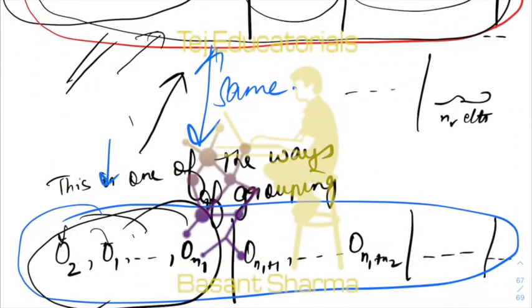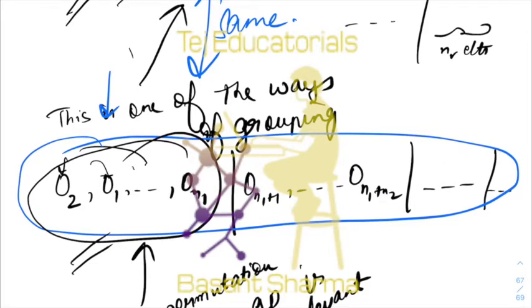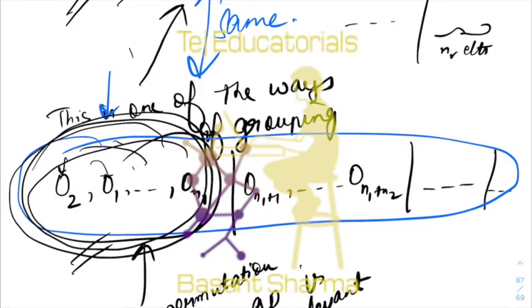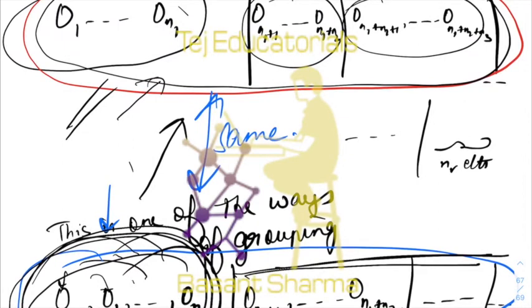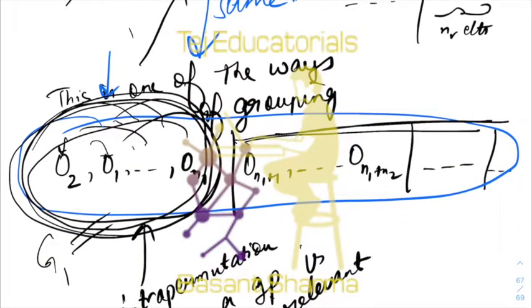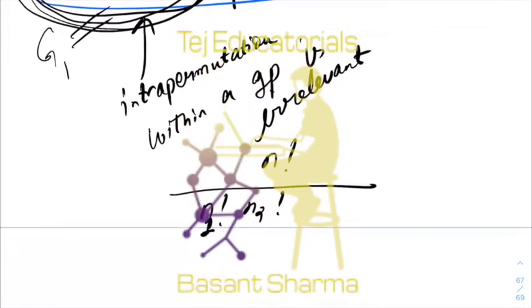Okay, now corresponding to each arrangement, there are n1 factorial arrangements if you intra-permute the group 1 elements and keep all others fixed. Just intra-permute the elements of the first group, then all of these will be essentially the same as the original one that we started with, right? So corresponding to every arrangement, these many arrangements are redundant, so we depermute it. This is known as the depermutation step.